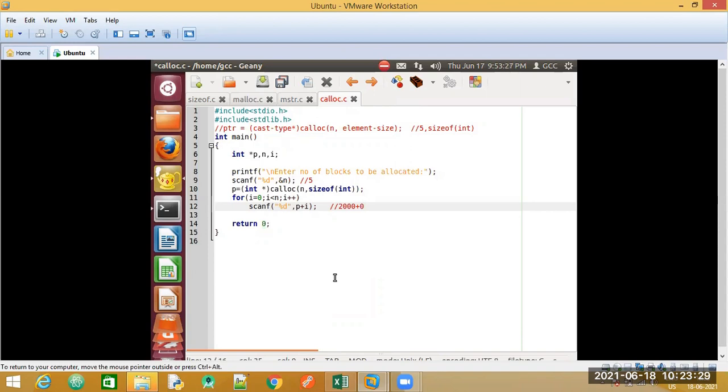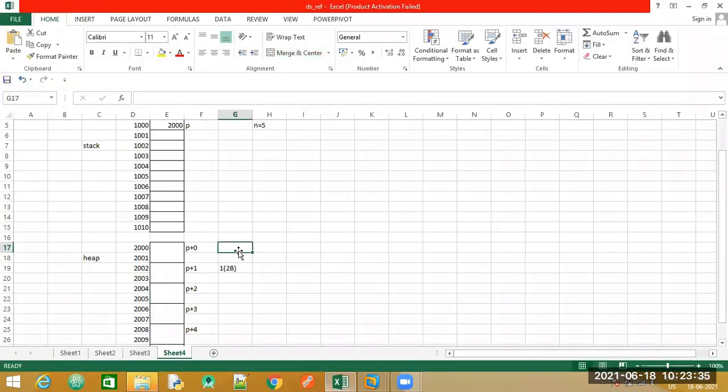For the second iteration, I is equal to 0 first, and in the next iteration I is equal to 1. When I say here 2000, let me replace the value of I to be equal to 1. Explicitly, this is how it is.